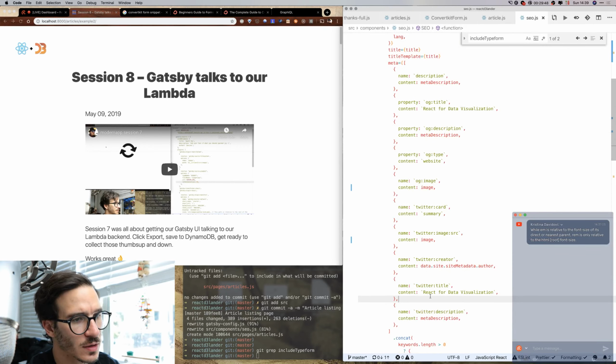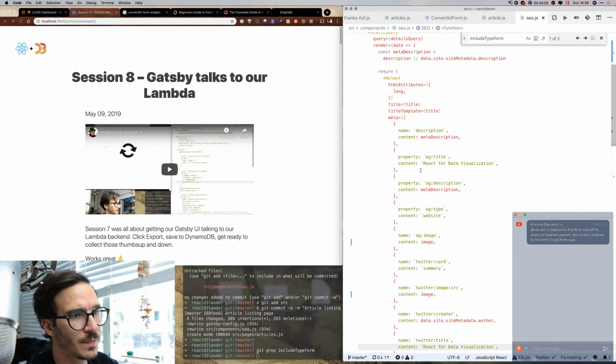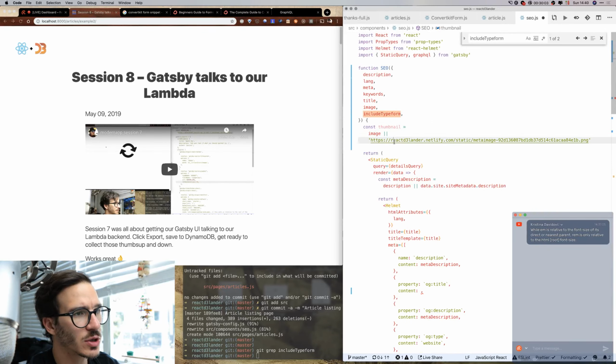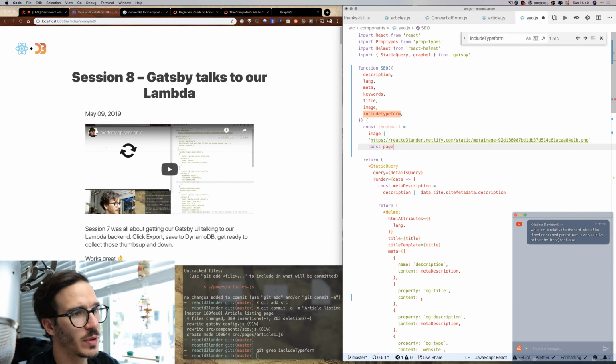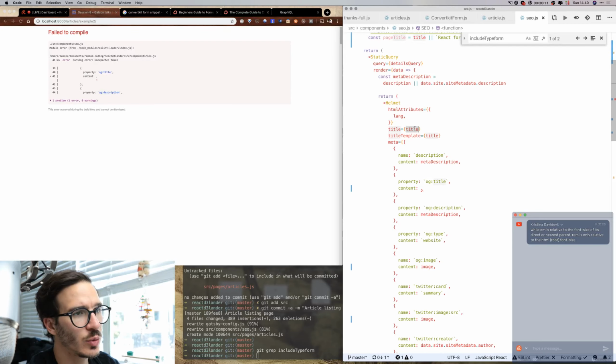Aha. So the title should also be whatever the title is, right? So title needs to be title or React for data visualization. Let's see, page type. Let's call it page title. Const page title equals title or React for data visualization, and we didn't actually use thumbnail. We used the wrong thing. So we say page title,